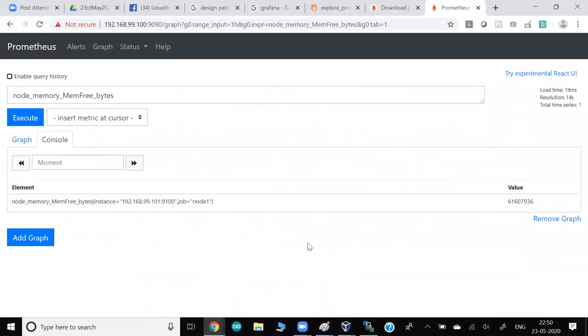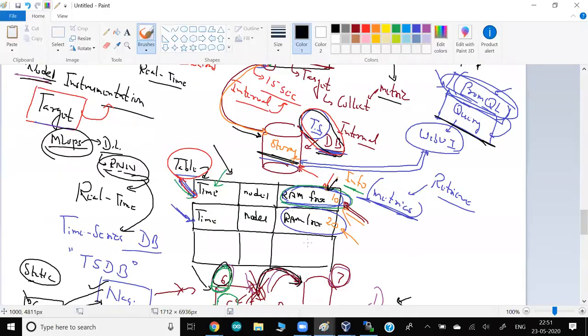So what it shows you? It shows you that one more word I just want to tell you guys here is, okay, in the database they store 3 things. Okay, I'm again repeating this, very important, right? In the database they store 3 things. One, time. Second, information of the metric. Third, their key means variable or their value.